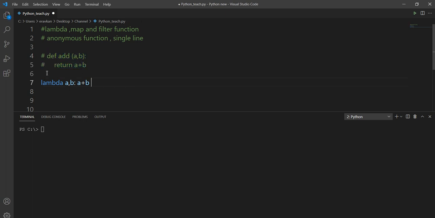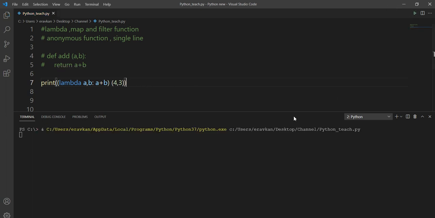I will hash this. If you want to run this function, no name is required for this function. You can run it like it will take two parameters 4 and 3, and if I print it, you will get the sum of 4 and 3. So this is your lambda function.